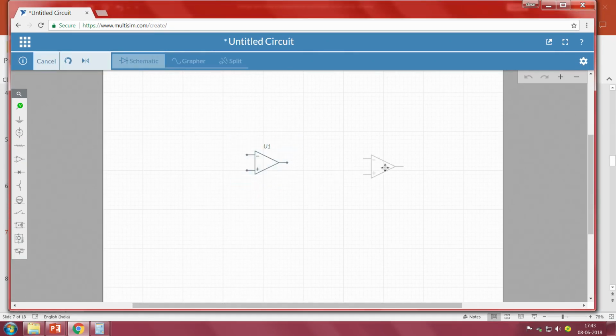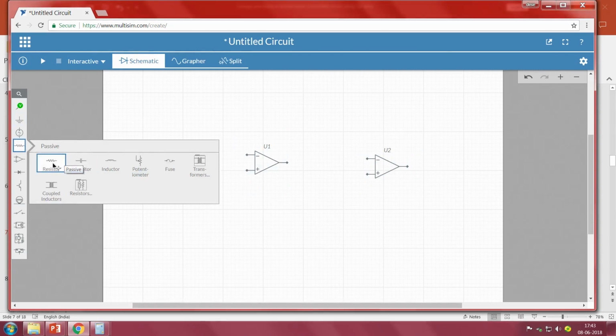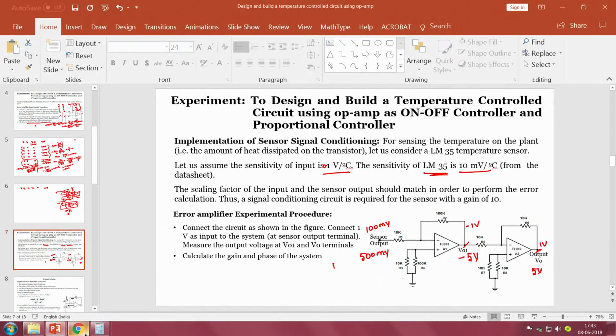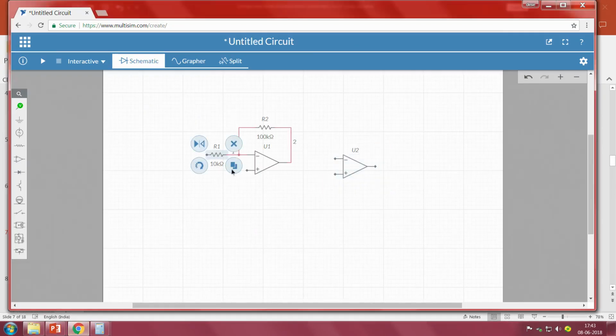So 2 op amps in our case, so both the op amps. Now we have one resistor, this resistance we have considered as 10k, so let me change it to 10k. This is 100k we have considered, 100k. So let me connect the wiring from here to here, here to here, and this resistance we have considered as 10k and 10k. So I will take a 10k resistor, connect one here, one more 10k here.